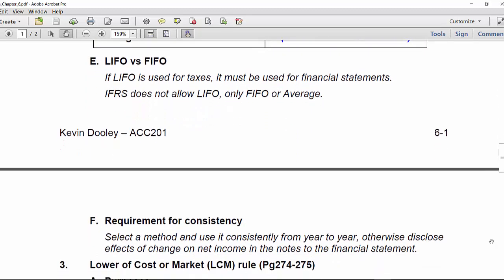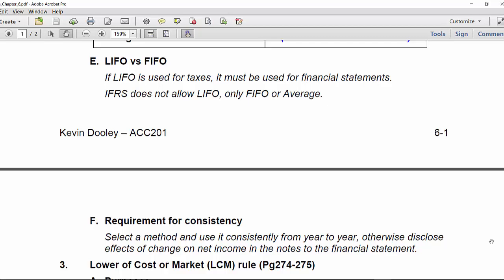Once you pick a method, you have to use it consistently from year to year. Otherwise, having made a change in it will require you to do all kinds of special reporting to disclose the impact of that change. With inventory comes the possibility that you may have unsold units or items that become unpopular